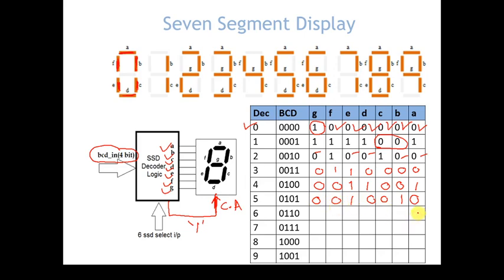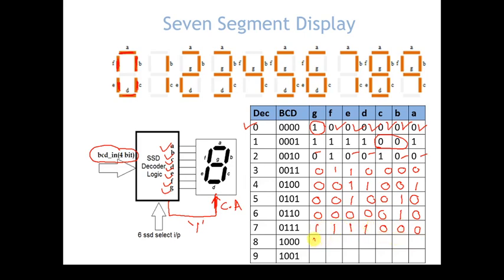For 6, A is on, only B is off, all others are on, so make them all 0. Okay. For 7, A, B and C are on, all others are off.